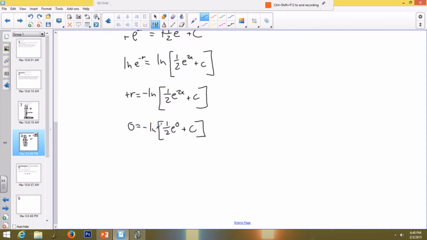Well, for me to get 0 here, I have to have 1, and e to the 0 is 1. So 0 equals ln of a half plus c. And we just saw that to get ln of something to equal 0, what's inside has to equal 1. So c... why did I close that? I don't know. Going crazy in my old age, I suppose. I need to have 1 here, so my c is going to equal 1/2, and my particular solution